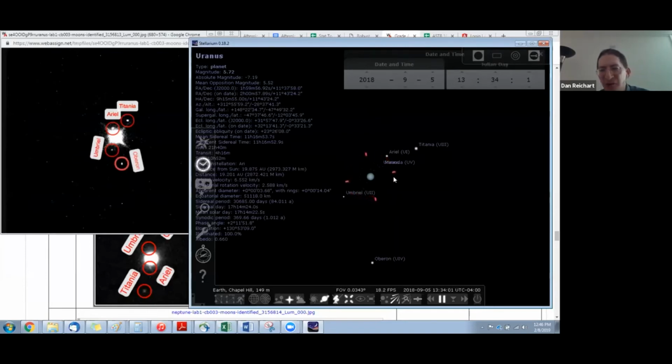Now if you look at this carefully, it doesn't match up exactly. I think they got all the moons right, but kind of the positioning, it's a little bit skewed. These are a little bit more off to the right. Oberon's a little bit lower. And probably what's going on here is this user,